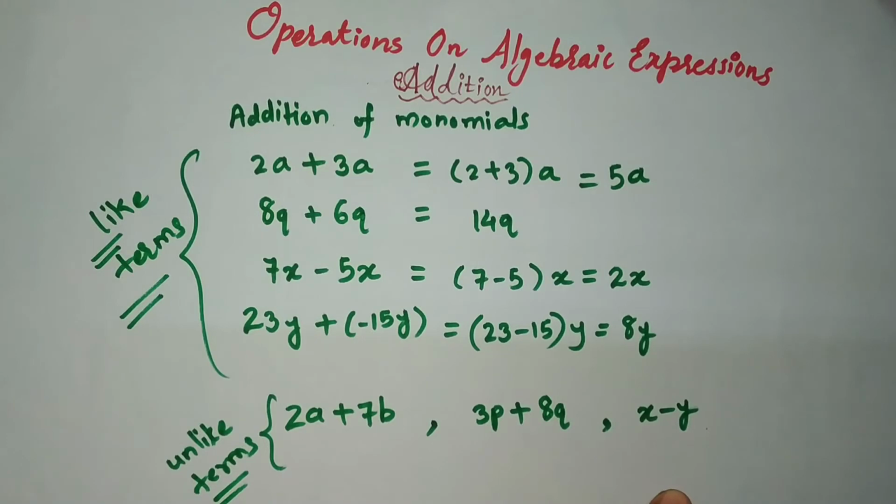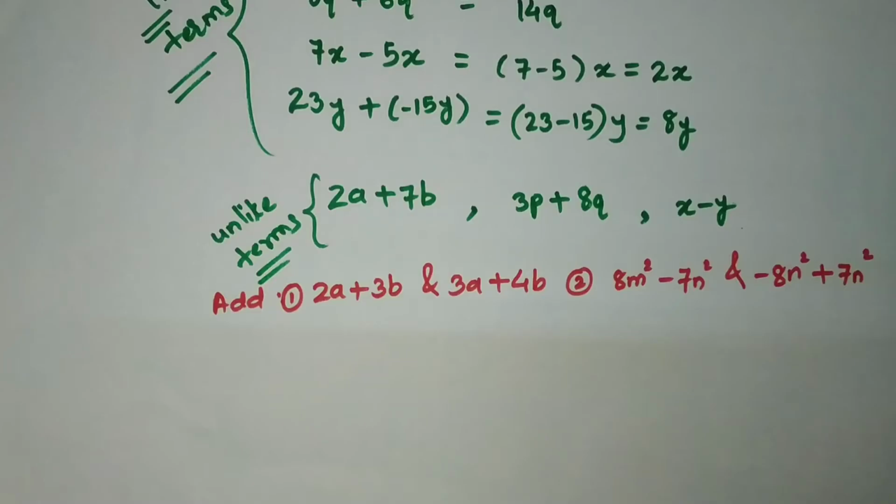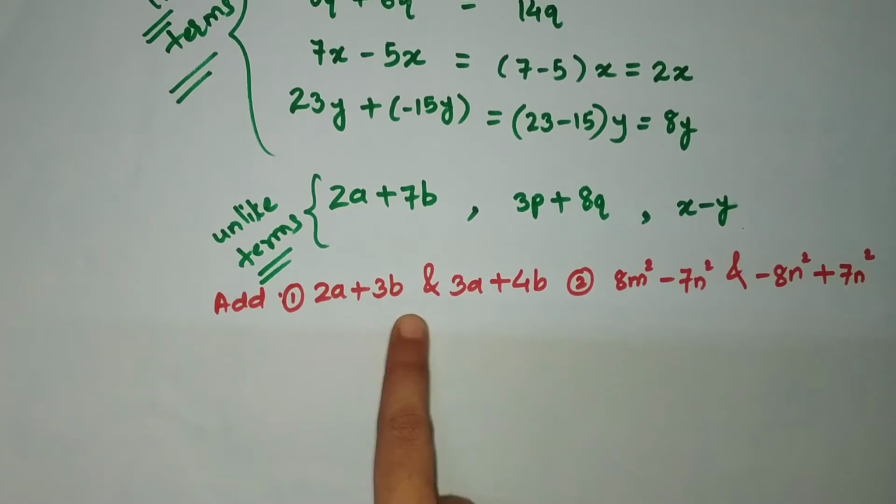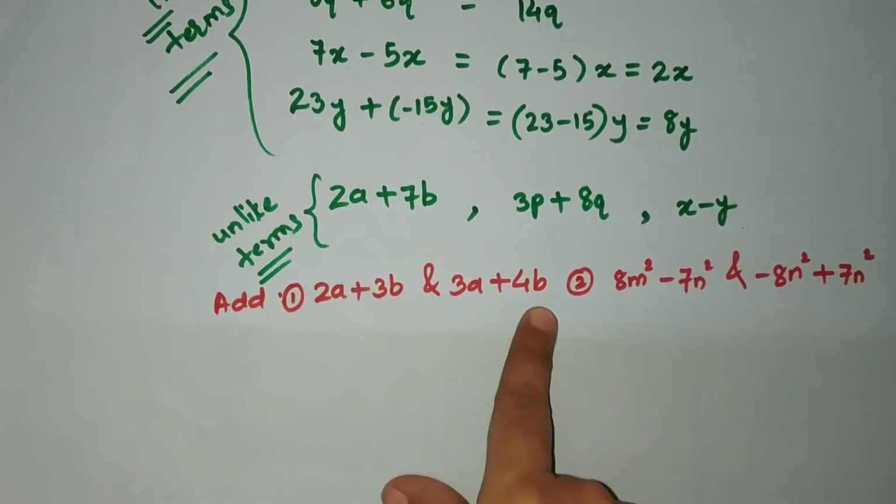Like here. So now we will see how to add compound expressions. So friends, now we will perform some operations. Like here we are having 2a plus 3b. You need to add it with 3a plus 4b. So we will do it, how to solve it. For this purpose you can write each expression in a separate row in such a way that like terms are arranged one below the other in a column.